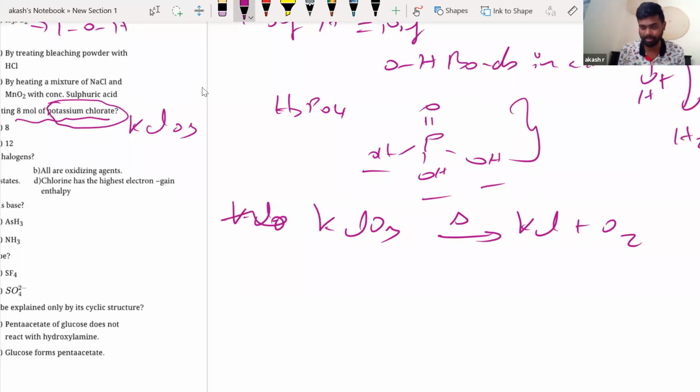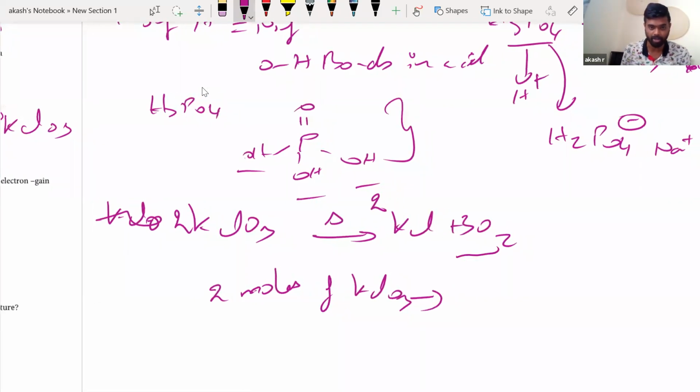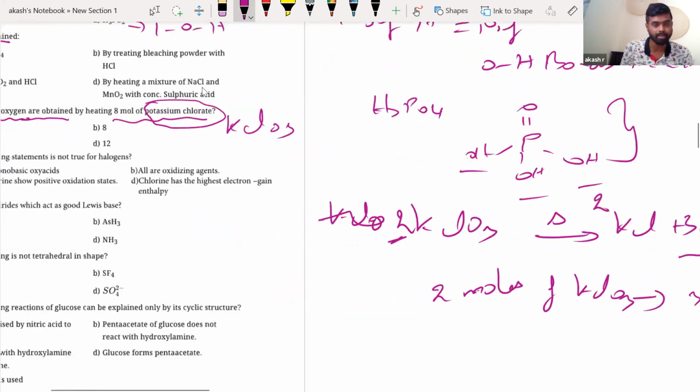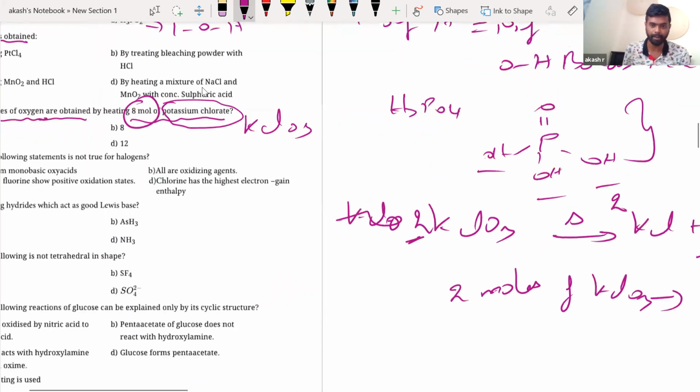Now let me balance this. If I put a 2 here and 2 here, oxygen becomes 6. So this is what I have. Now what do you understand from the stoichiometry? I'm talking about oxygen now because that is what is asked in the question. 2 moles is the stoichiometric coefficient. 2 moles of KClO3 gives me 3 moles of O2, right? Now what are they asking? If I have 8 moles of potassium chlorate,